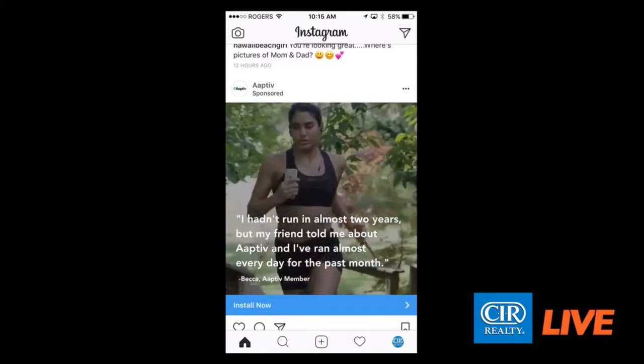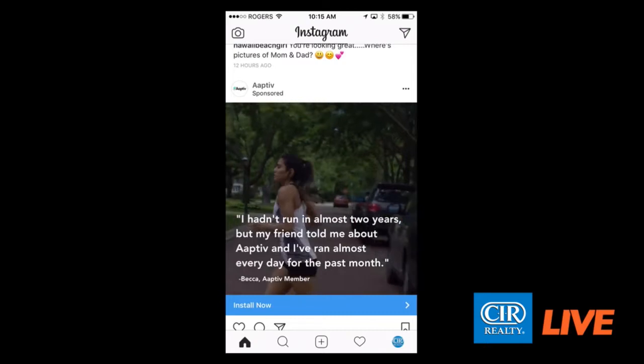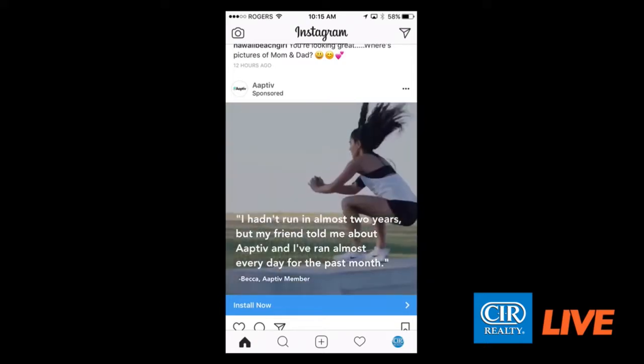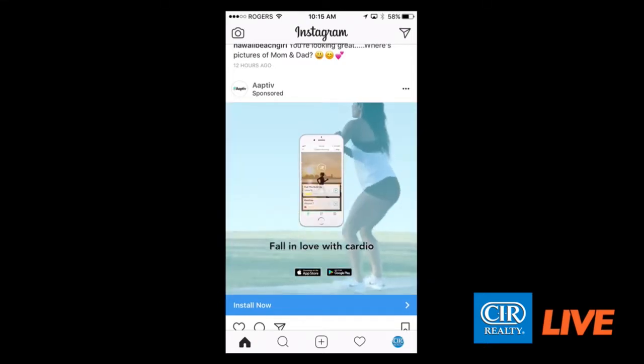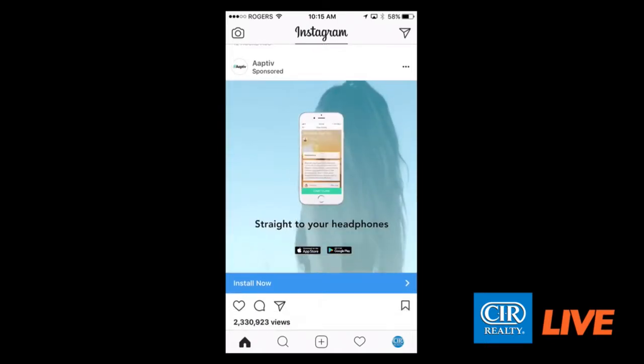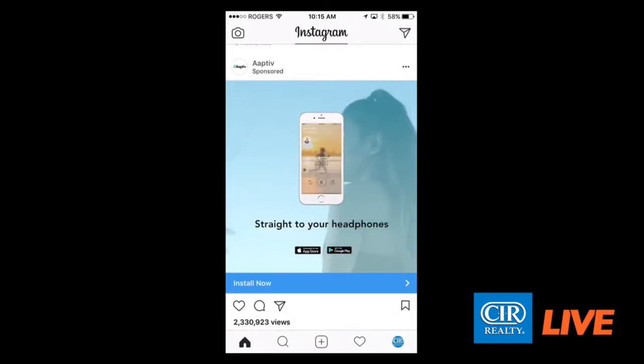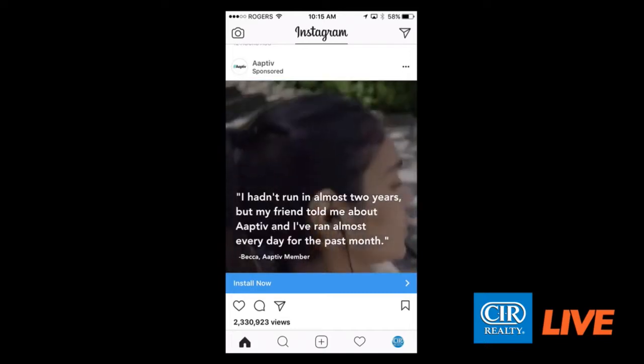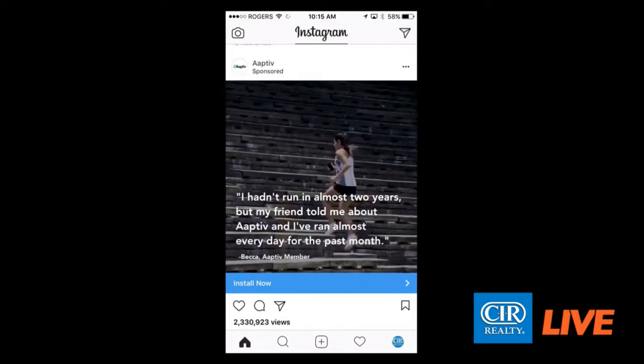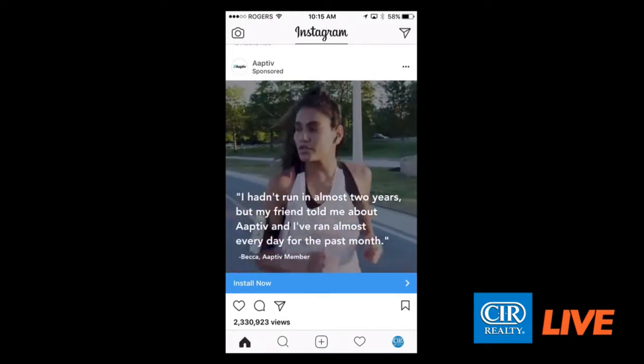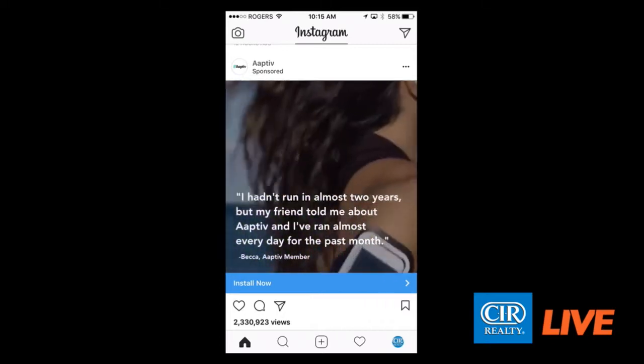So this is sponsored content, and I'm going to show you guys how to be able to do that as well. So sponsored content is an ad very similar to a Facebook ad, and it is the only post that you can make that you're allowed to include a link from. So right now you'll notice for this sponsored ad, which is based off of my interest, which is why I'm receiving a running ad,